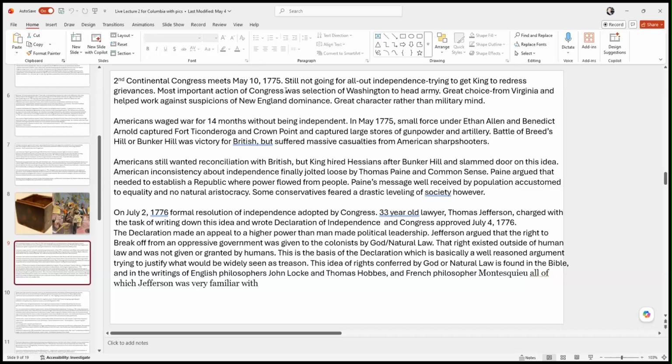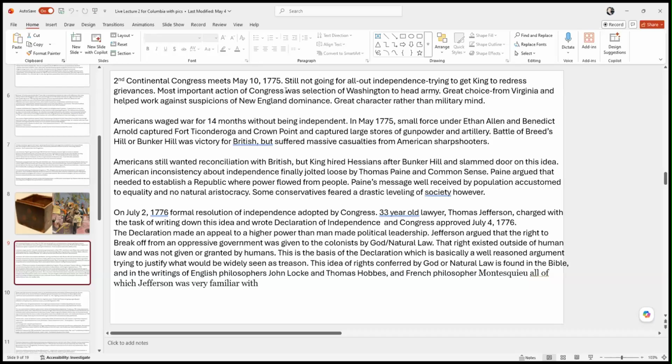He turned out to be kind of an inspired choice. He wasn't a particularly great military genius, but he was one of those rare figures that you find in history who had just a lot of charisma, and people rallied to him. So he was able to inspire a lot of loyalty amongst his men. And that turned out to be more important probably than being a military genius.